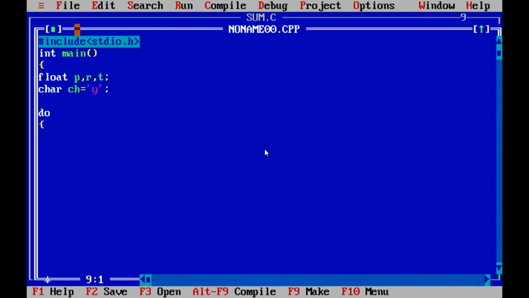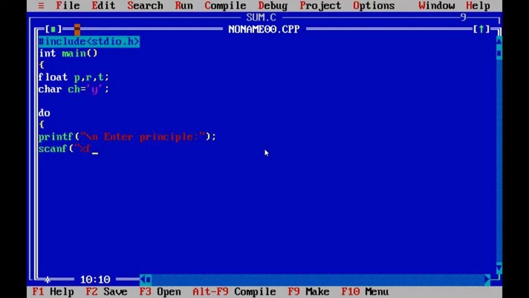Do while loop. In this printf, enter principal, semicolon, scanf, percentage f.